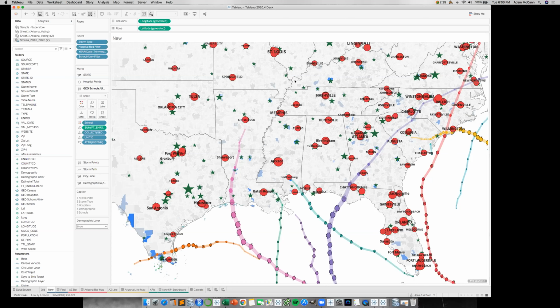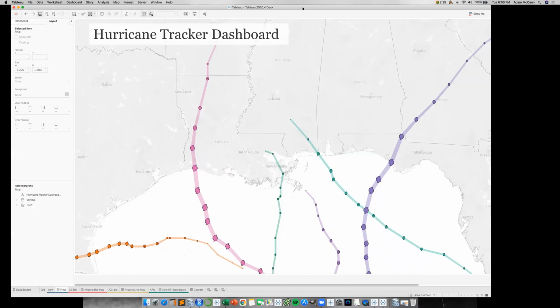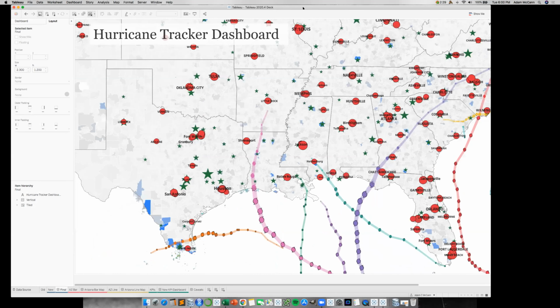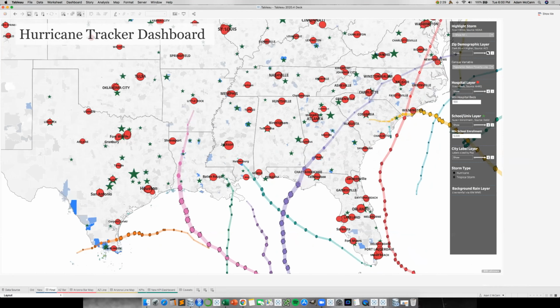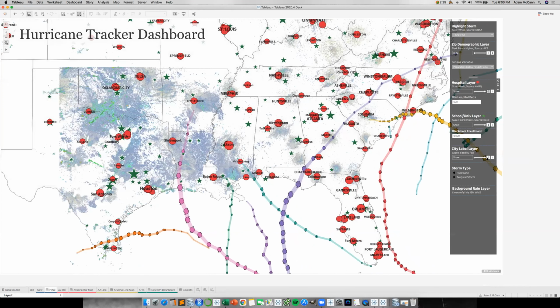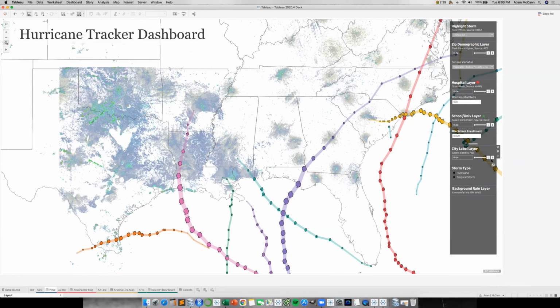It's a lot to see. So I bring it over to my dashboard. It's all on one worksheet. And I can have these little controls here where I turn off the layers I don't want to see, all tied to parameters, and I can adjust my map. And I can start adding more layers.